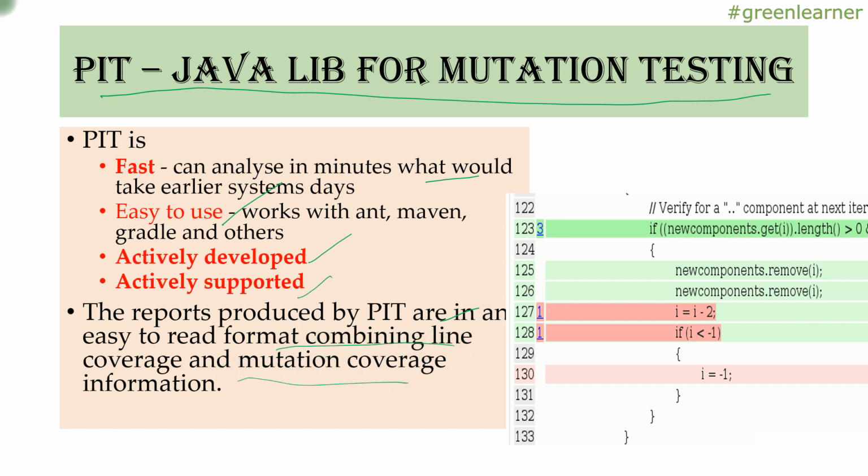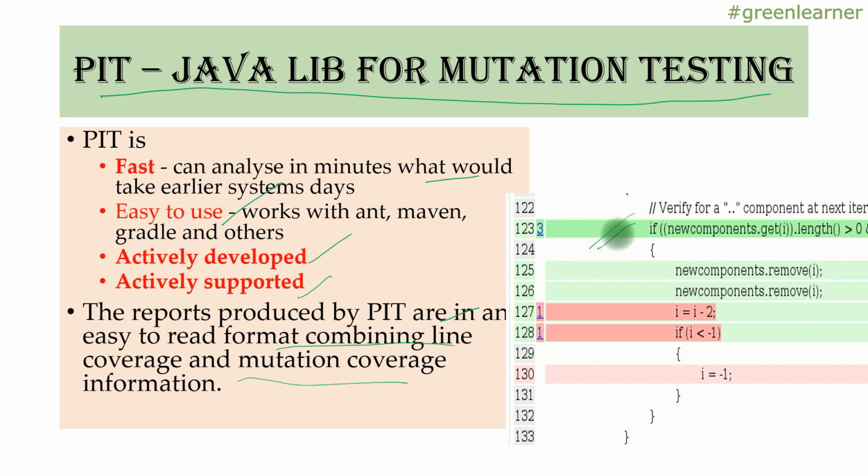So it works in the way that when you execute mutation testing with Pit, before performing the mutation, it first calculates the actual line coverage that is covered by your unit test cases. After it takes note of that coverage, it again executes, introduces the mutants against those codes, and tries to evaluate how many mutants are killed and how many survived. Based on that it generates a nice report, like a screenshot that I have taken.